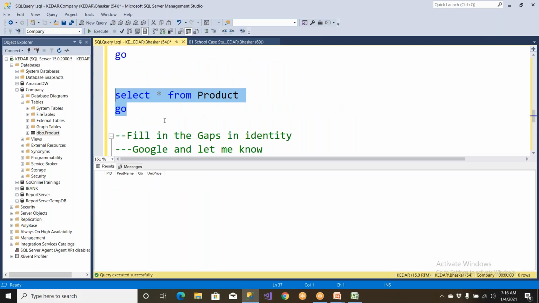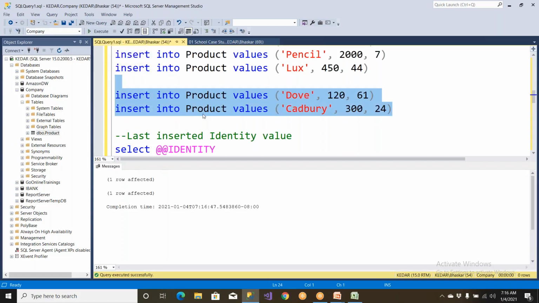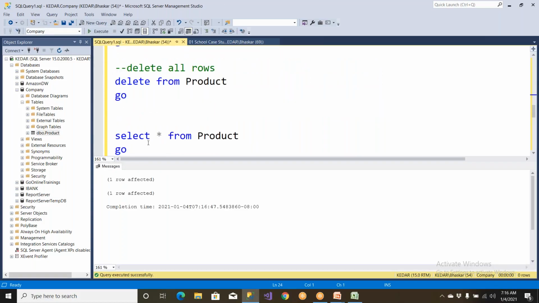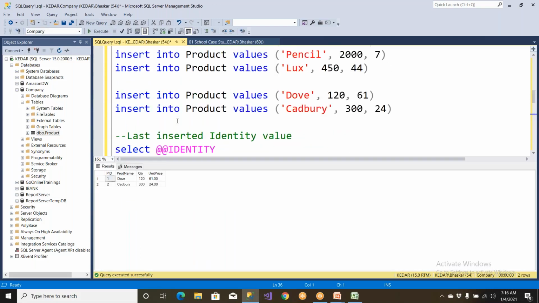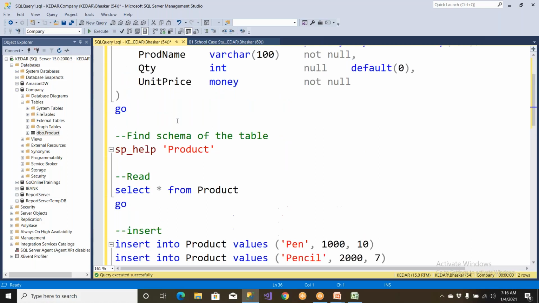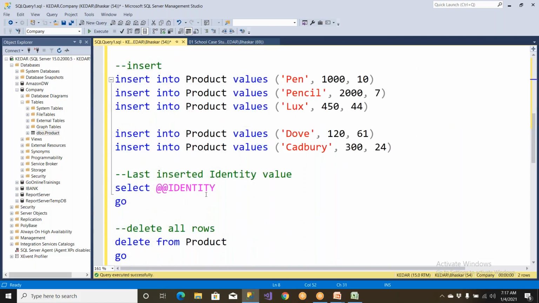I don't have any data now. If I wanted to insert the data, I can use it like this. Now I wanted to show you some more things. We are talking about a default value, right? So there is a default value syntax we had given. So let me show you how to get the default value as well. To give the default value,